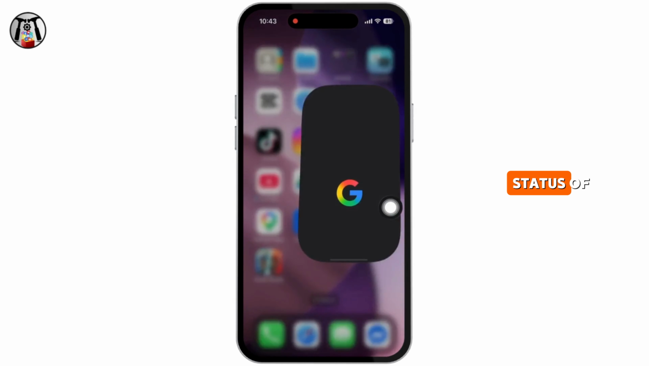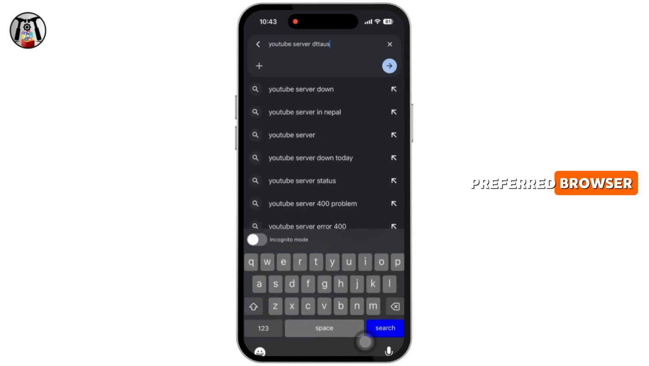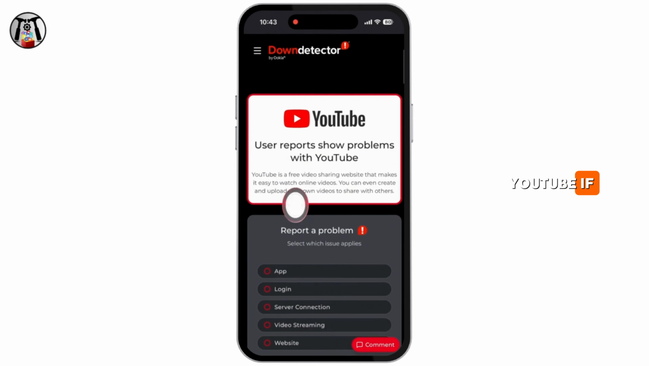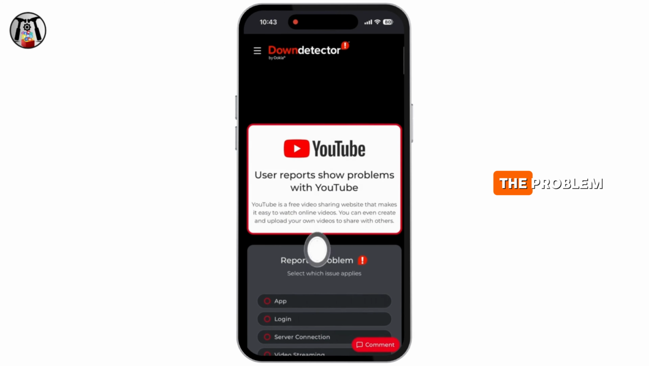Likewise, check the server status of YouTube. For that, launch your preferred browser and navigate to a website like Down Detector. Search for YouTube. If there are any outages, you will need to wait until the problem is fixed from